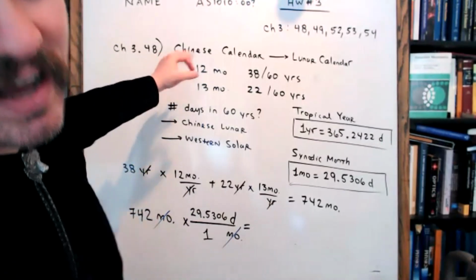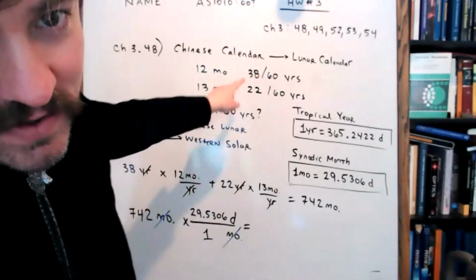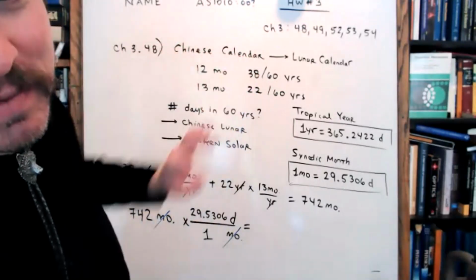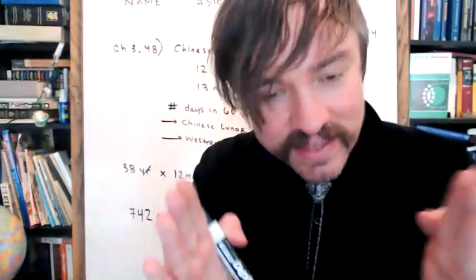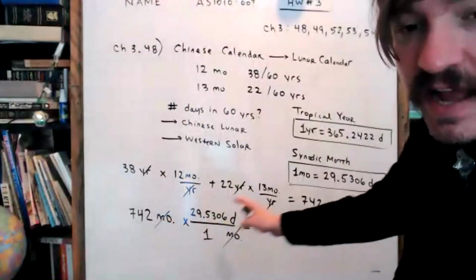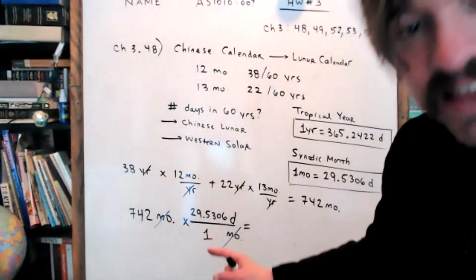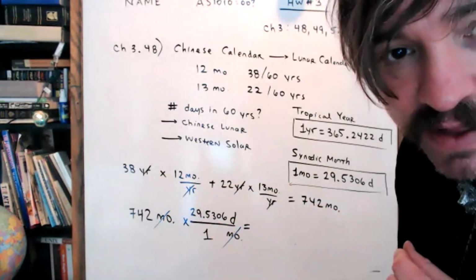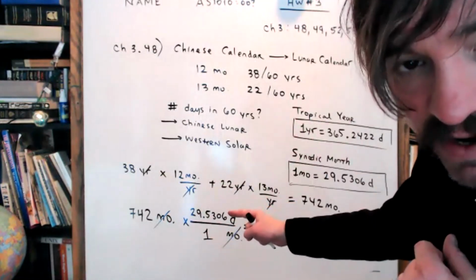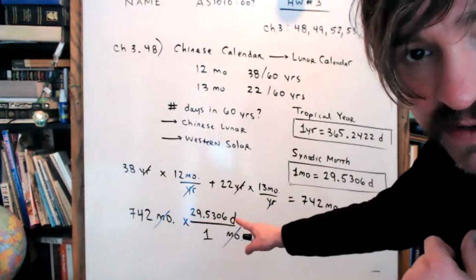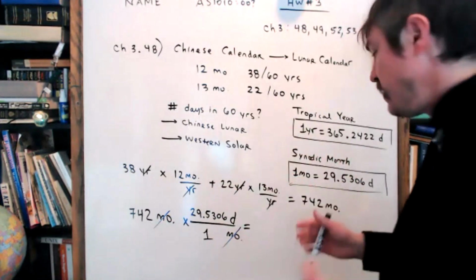We define exactly 12 months for 38 of the years and exactly 13 months for 22 years. Do you see what I mean? It's an idealized conceptual 13 months. Since we got this number from that 13 and that 12, this is exactly 742 months. It's a perfect number. This is the measurement, however, and this has a limiting precision. Did that make any sense? I wanted to show you this. All right. Anyway, 6 sig figs.